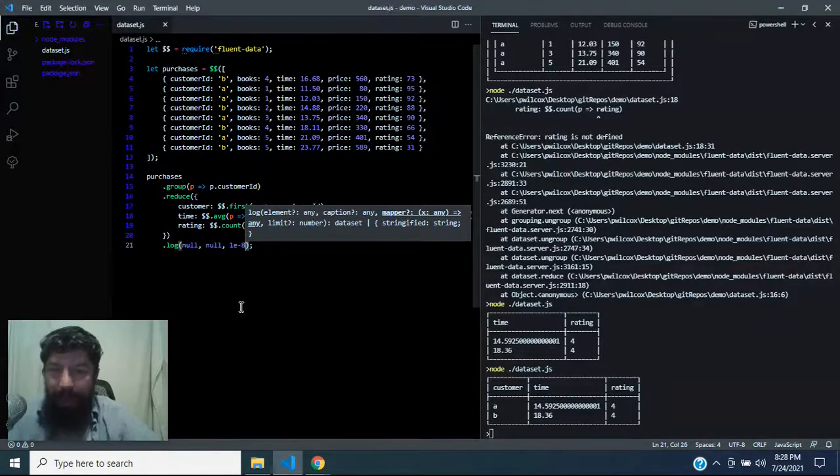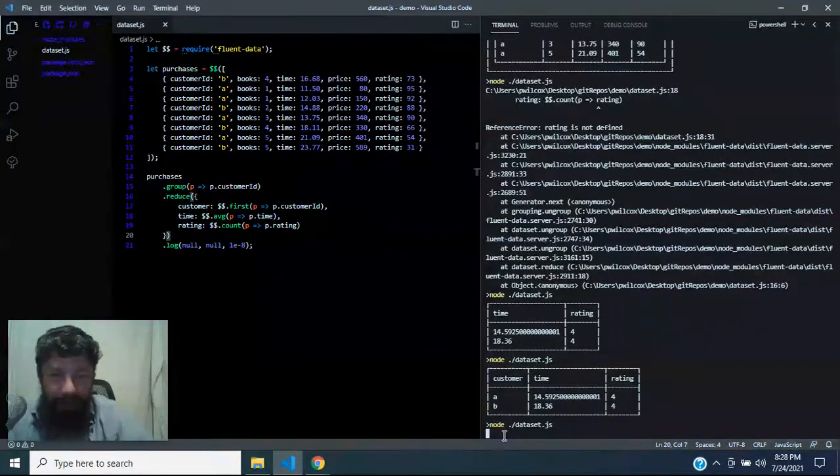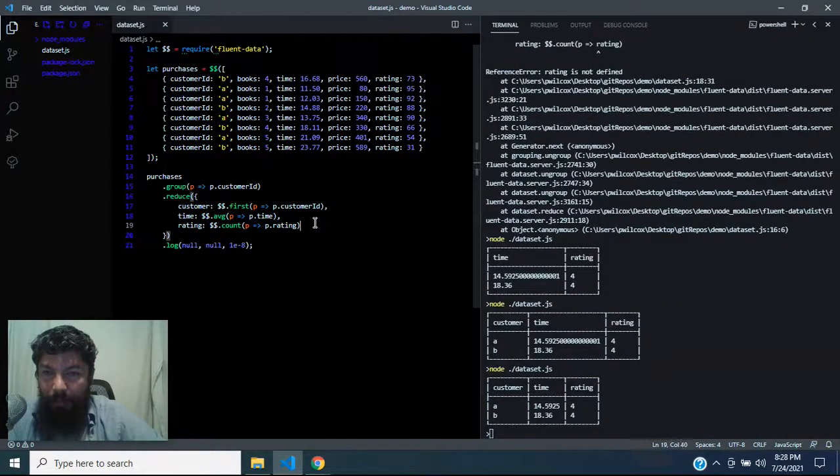Do a very low number, 8 decimal places, and that should take care of the zeros. Just to prove a point, these might seem simple to you. They're not always going to be simple. You're going to have to go to the documentation for some of the more complex ones. They're not always going to input one function, one lambda, or one parameter, and they're not always going to output